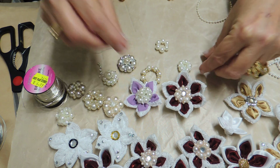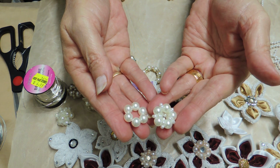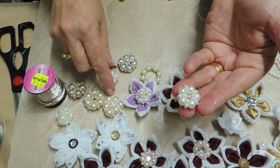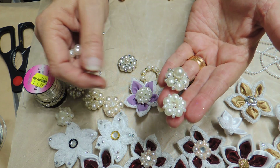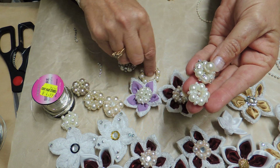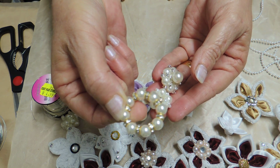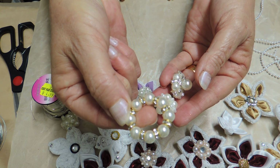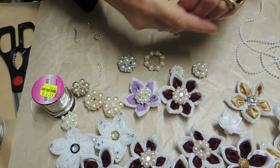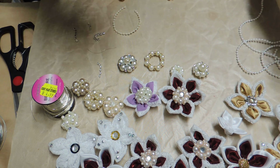Okay, so as you can see, this one has got more beading, little beads around it. This one has got bling bling around it, and this one has got, I think they're called rondelle beads or spacer beads. I'm not really quite sure. I'm sorry, I don't know the names of them. Let me see what we'll use today. That one, or